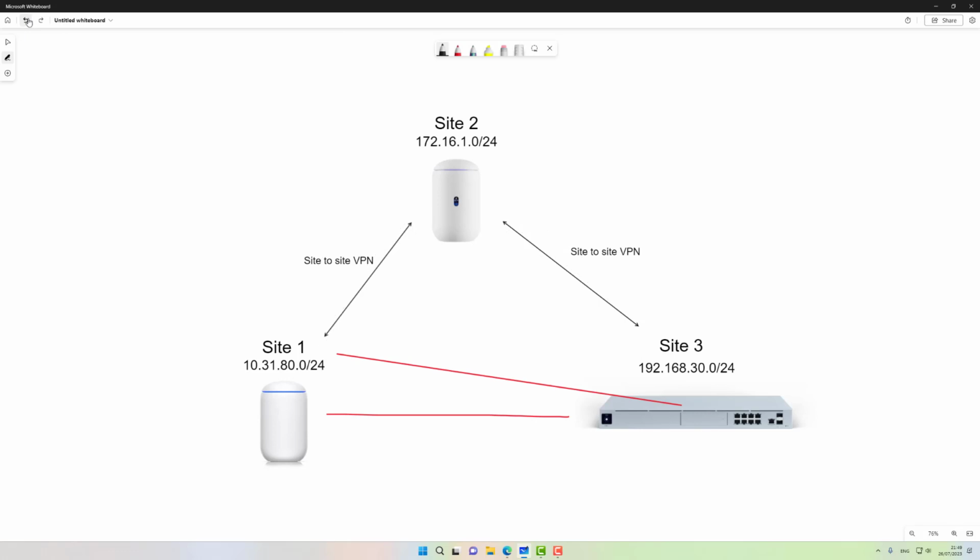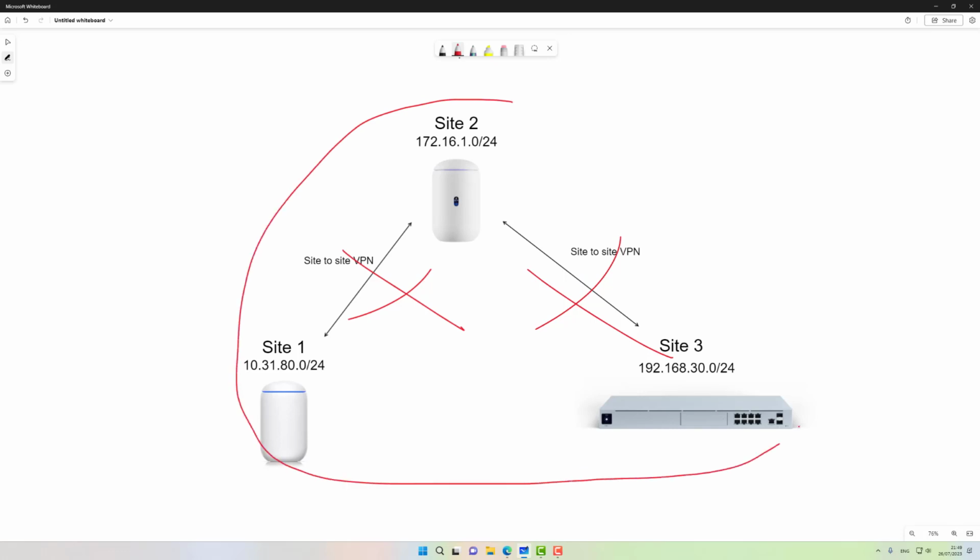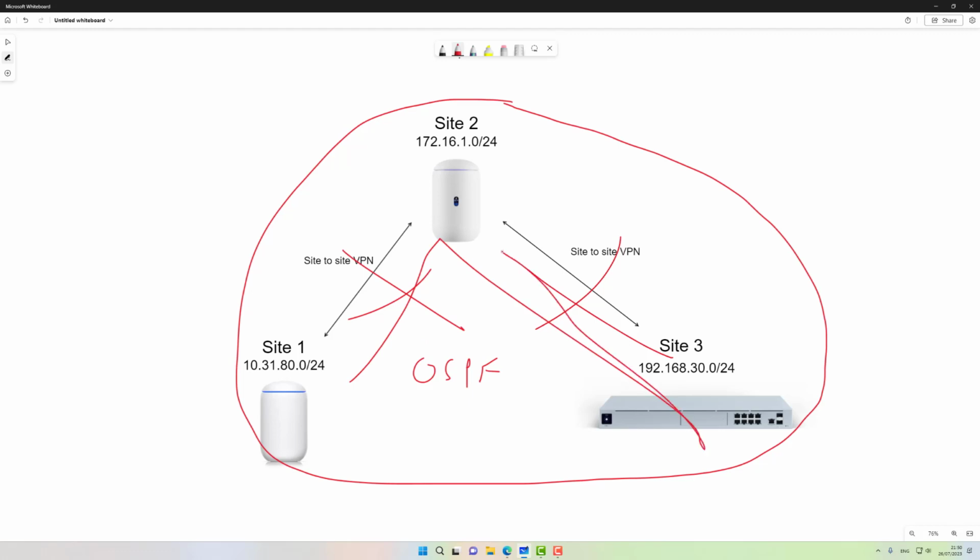But in the new way with the Magic Site-to-Site VPN, we are no longer using direct site-to-site VPNs. We are actually creating a sort of, I don't like using this term, but a sort of mesh network. In the enterprise space, it's sometimes referred to as the buzzword SD-WAN. You create an overall space where all sites are connected to each other, and you have OSPF to do the routing between what traffic needs to go into what site in order to get to its